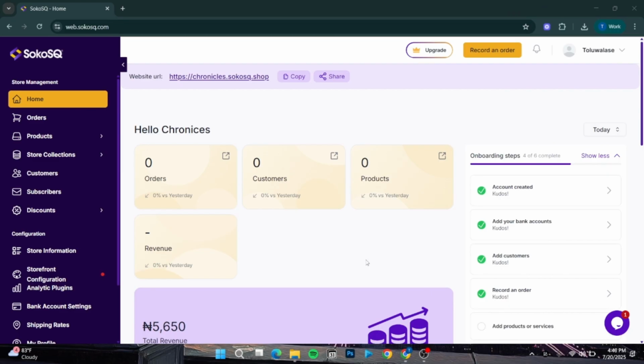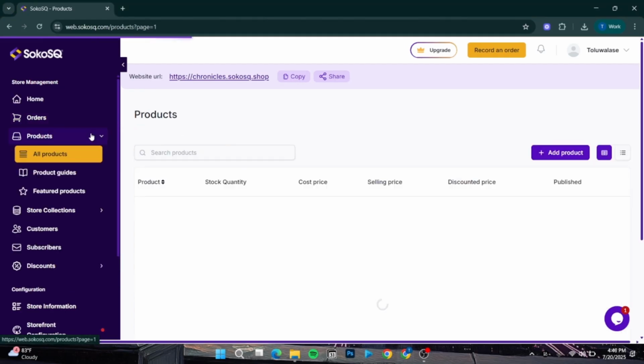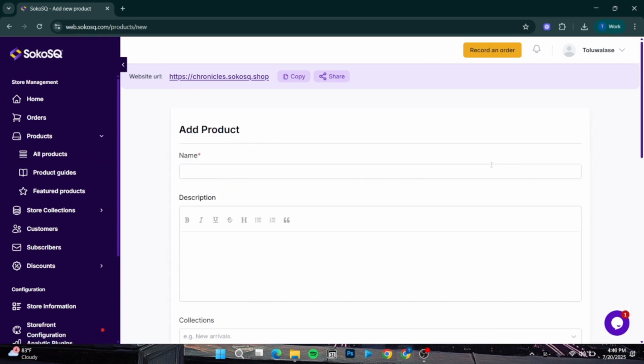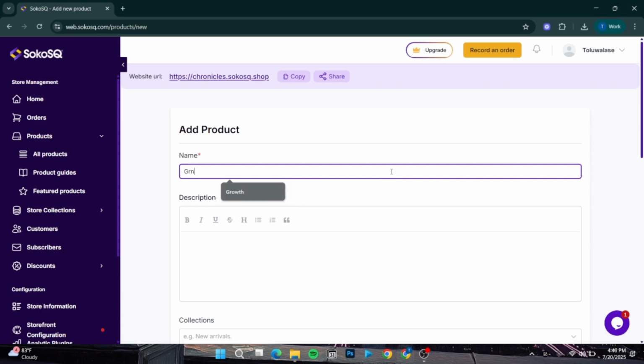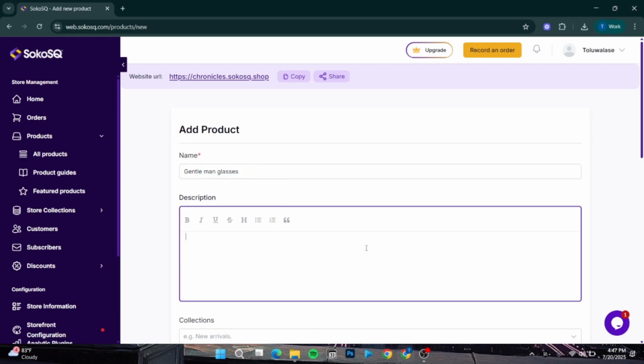Now, once you are in here, you have to navigate through the menu on the left hand side of your screen to products. Then you click on add products. The very first step is to put a name, which in this case would be gentleman man glasses. Okay, and your next step is to put in a befitting description, and in this case I